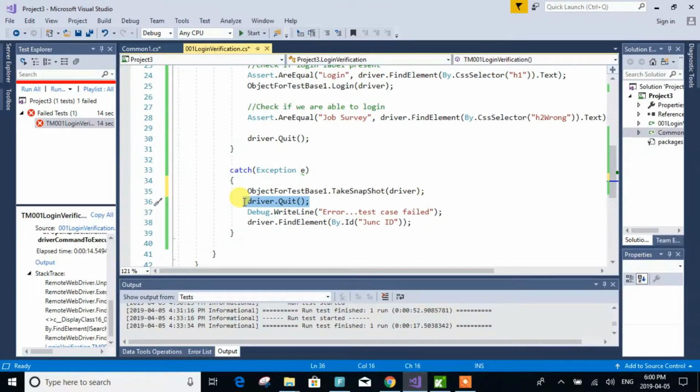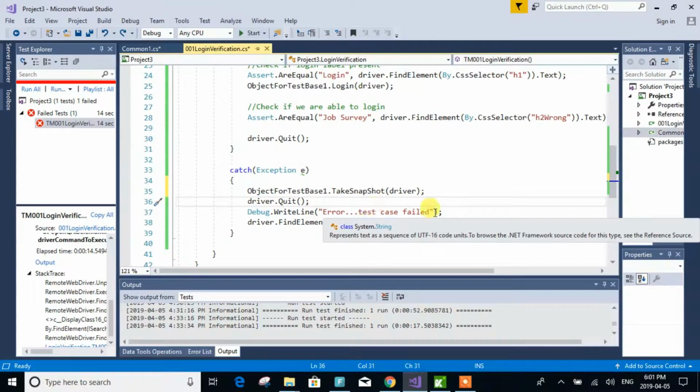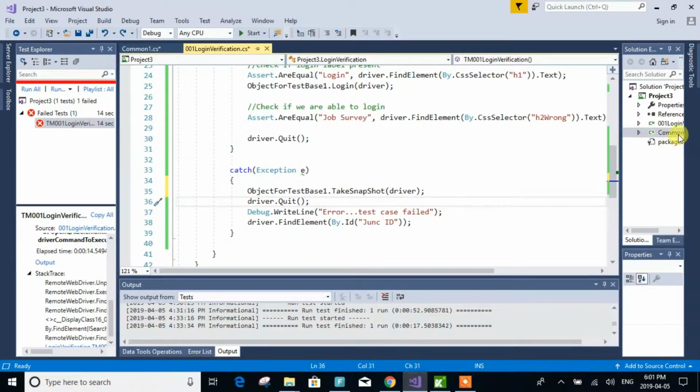Basically, you take the snapshot, then you can quit the driver, then you can write a debug message with the reason the test case failed. You can put the test case number or something meaningful. Then there is the line to